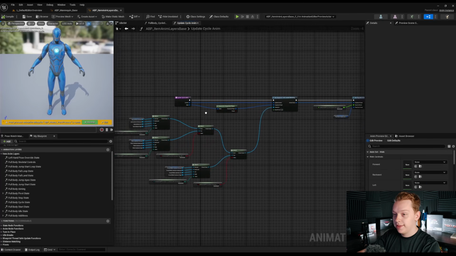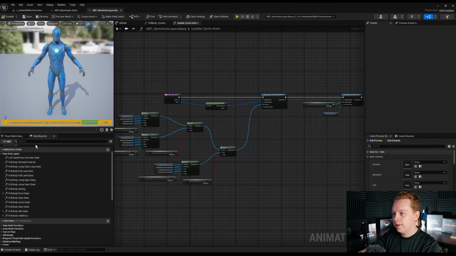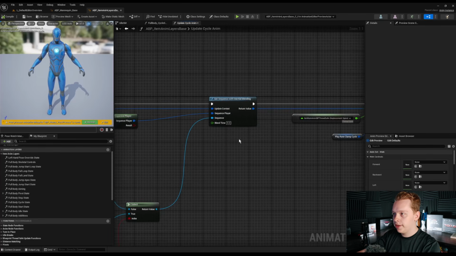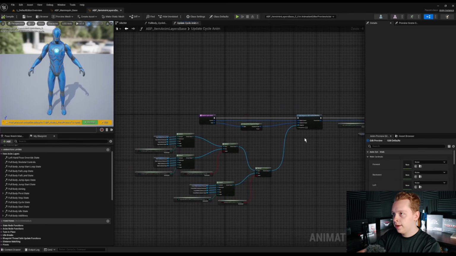It's much easier than typing out the name of the function and clicking on it over here. So the first thing we do is we set a sequence with inertial blending. And you'll notice that we're setting the sequence on update for the cycle state instead of whenever the cycle state becomes relevant. This is because we can change directions while in the cycle state without needing to exit or re-enter